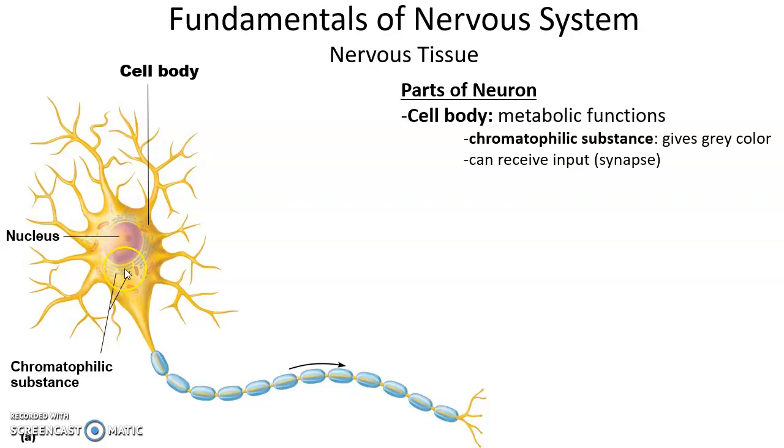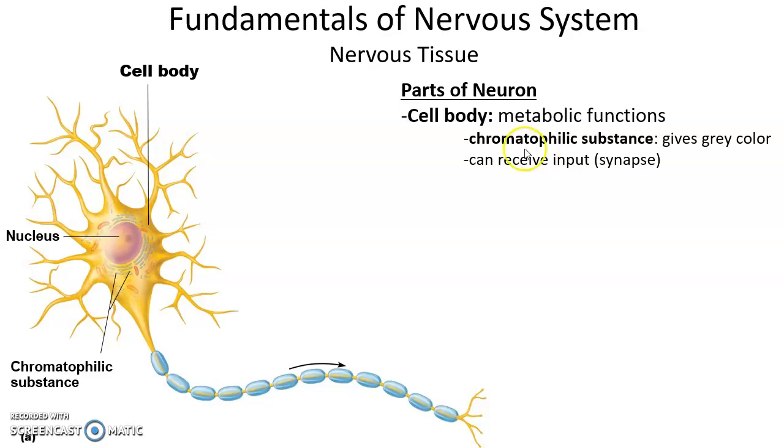Within the cell body is the nucleus. So you will find the nucleus in the cell body. That is guaranteed. The cell body is where you find all the other structures needed for a cell to function. The endoplasmic reticulum, the mitochondria, the Golgi apparatus, all those things a cell needs to survive is found in